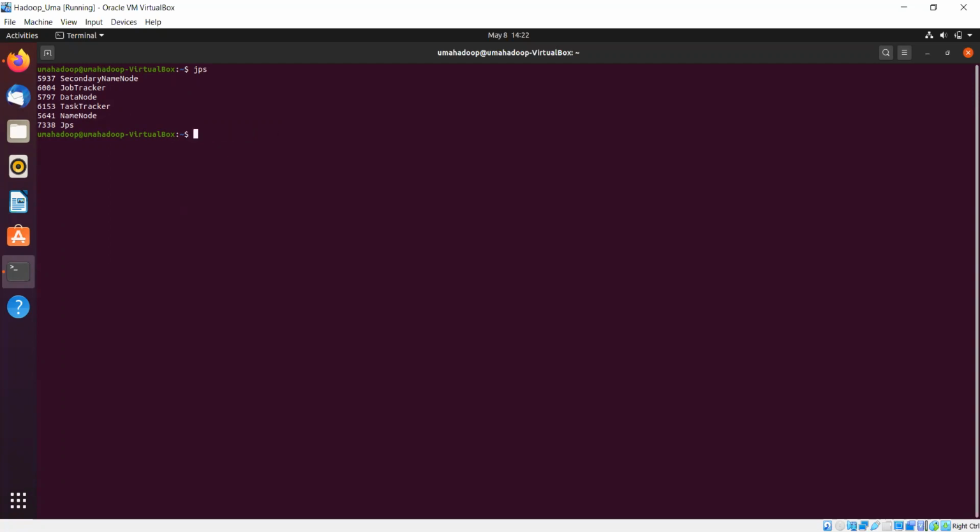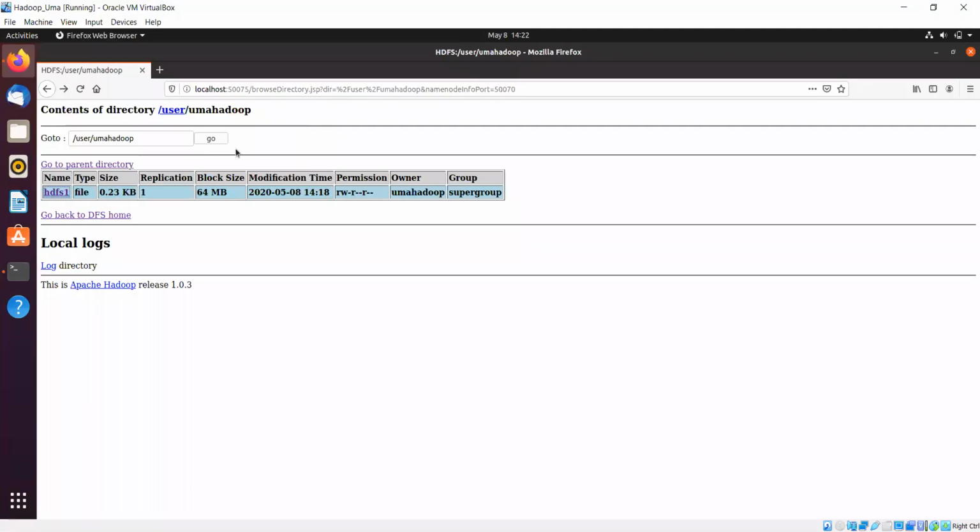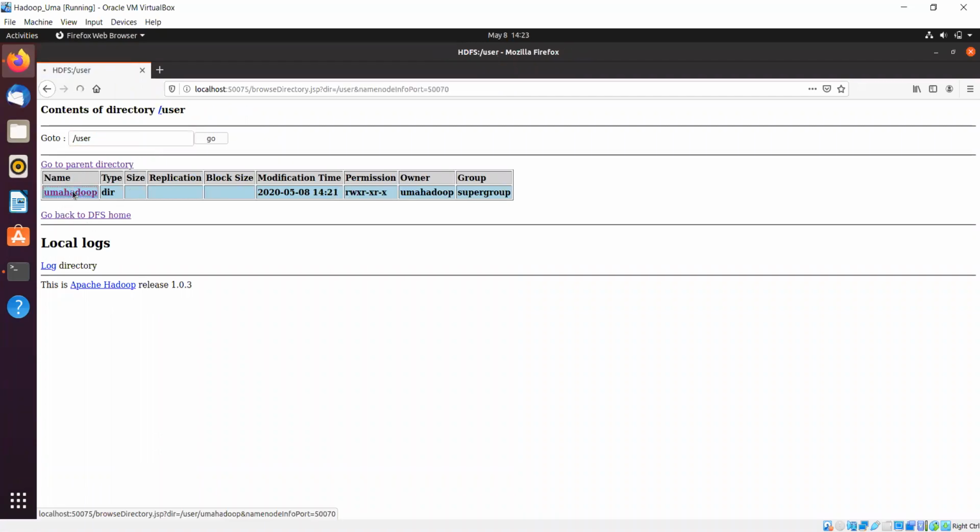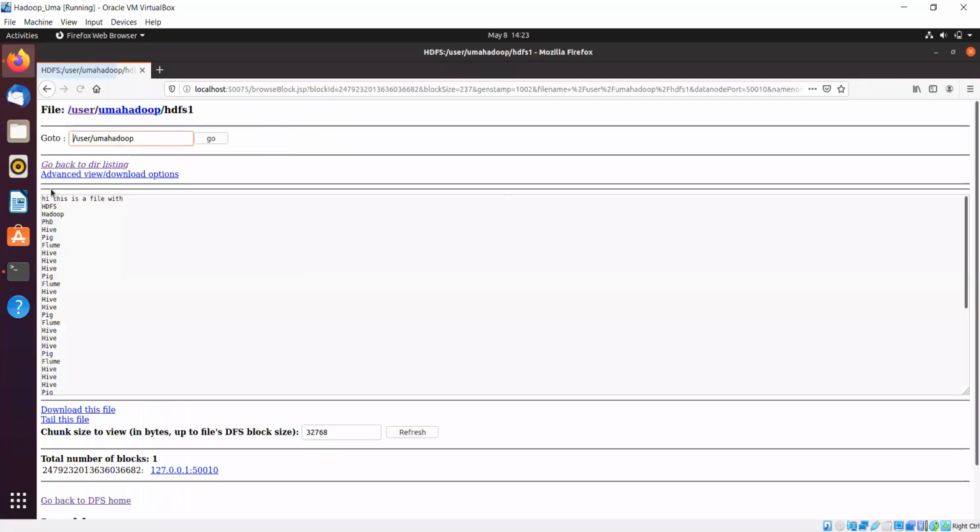With the help of the jps command, you can observe which daemons are provided by the Hadoop ecosystem. So this is how you can launch Hadoop. Thereafter, we saw in the browser that you can identify the directories within the Hadoop file system.